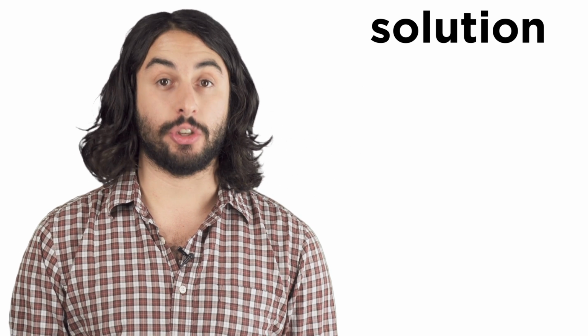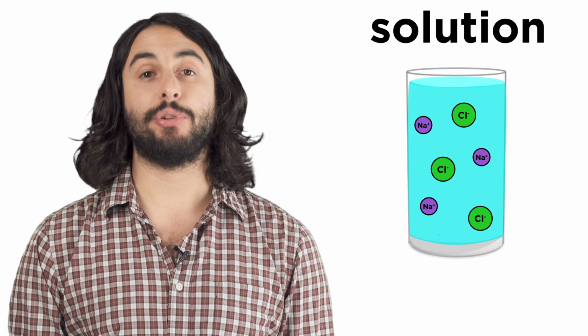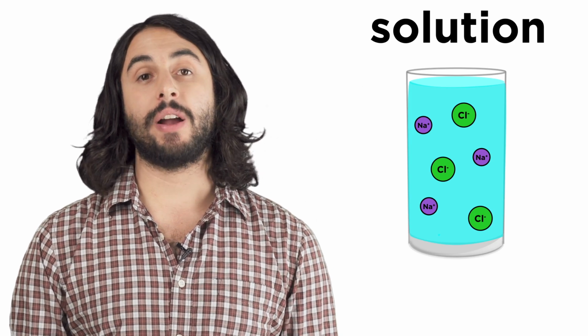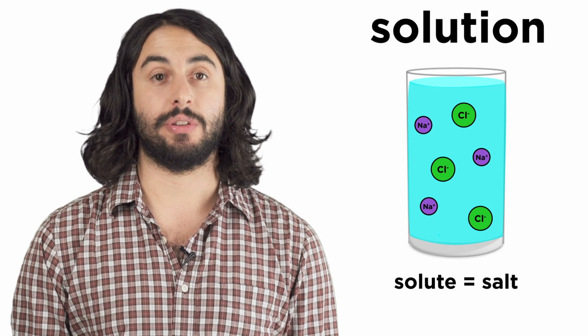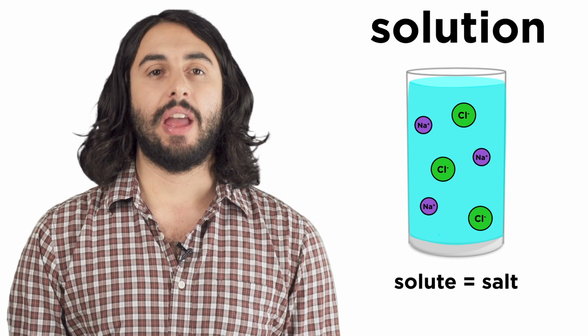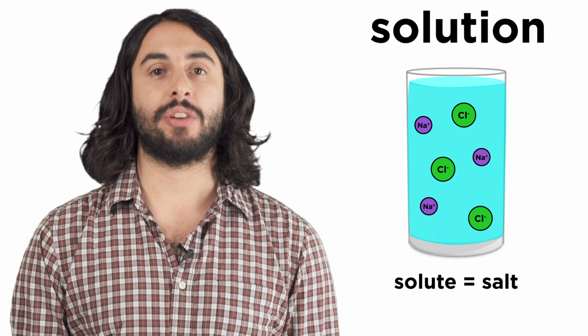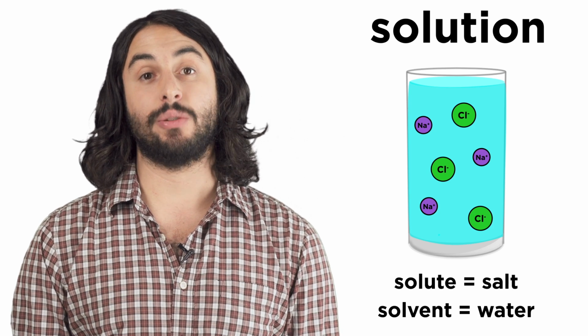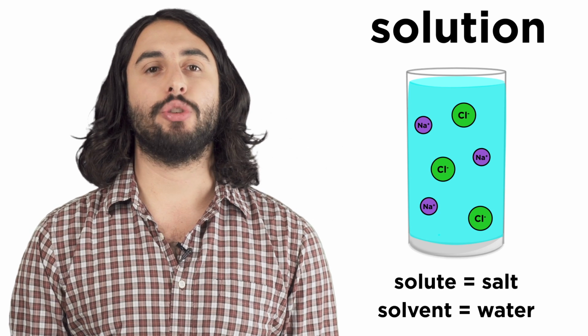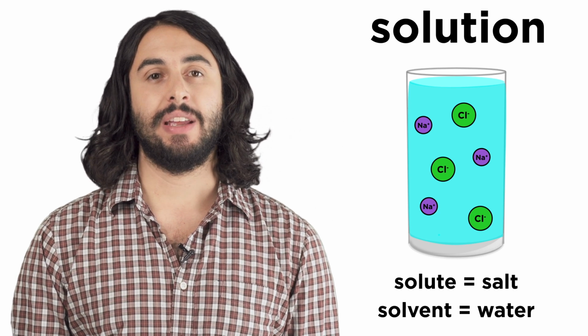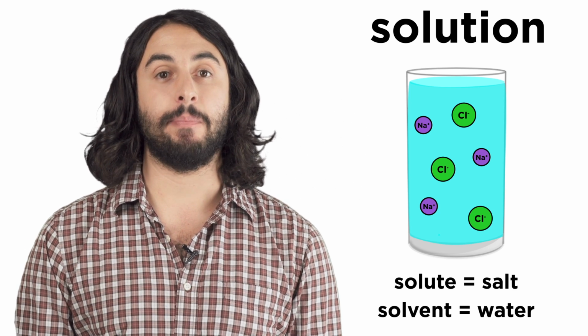A homogeneous mixture that's in one phase is called a solution. Think of something like table salt in water. If we are talking about a liquid solution, the thing that gets dissolved is called the solute. In this case, that's the salt. And the thing doing the dissolving is called the solvent. Here, that's the water. Solutions tend to retain the properties of the solvent, since solvent particles are typically much more